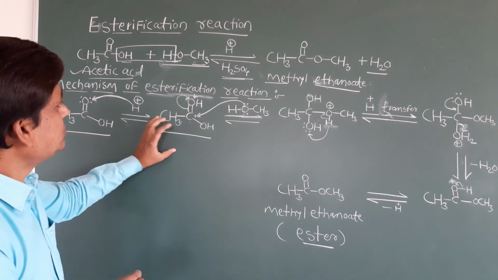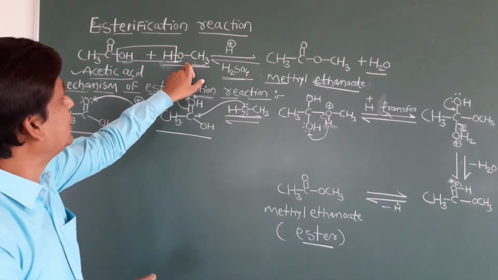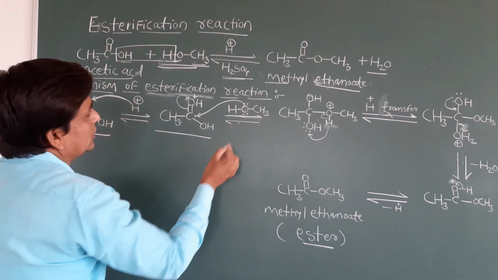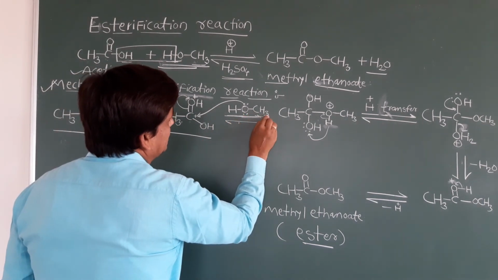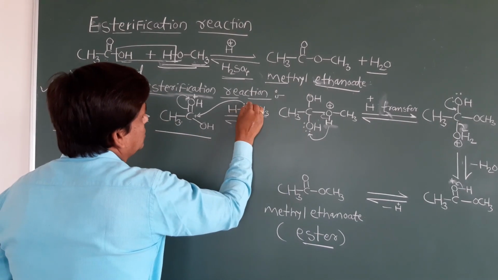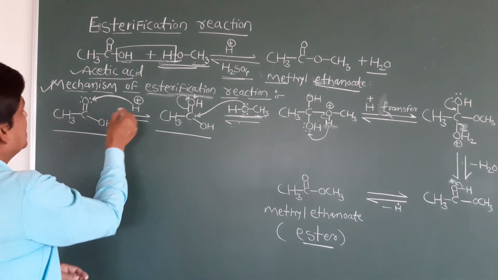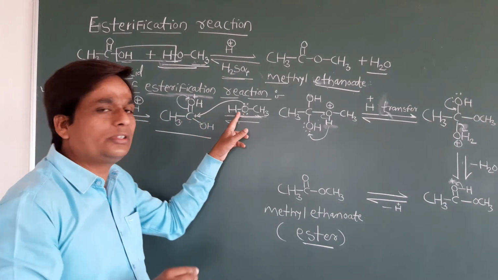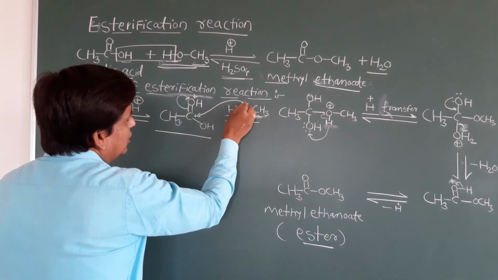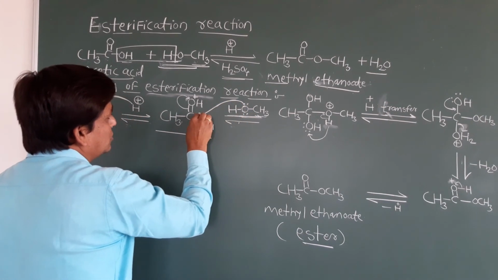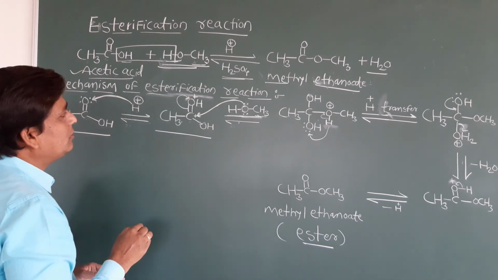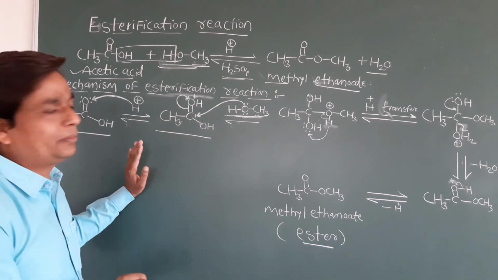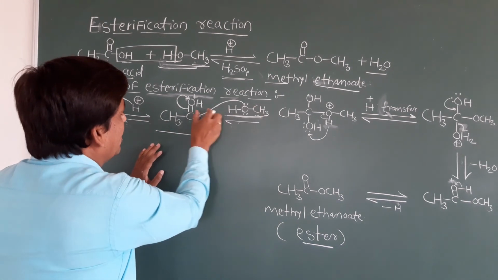Now another molecule is taken here, methyl alcohol. The methyl alcohol will act here. I have written CH3OH. This oxygen has a lone pair of electrons. Now when this H attaches, a plus charge will come, this carbon also carries the plus charge, and this oxygen carries the minus charge. Now this whole group is going to be attached to this carbon. Simultaneously this double bond will shift. This pi bond is going to shift onto the oxygen, and this whole part is going to be attached here.